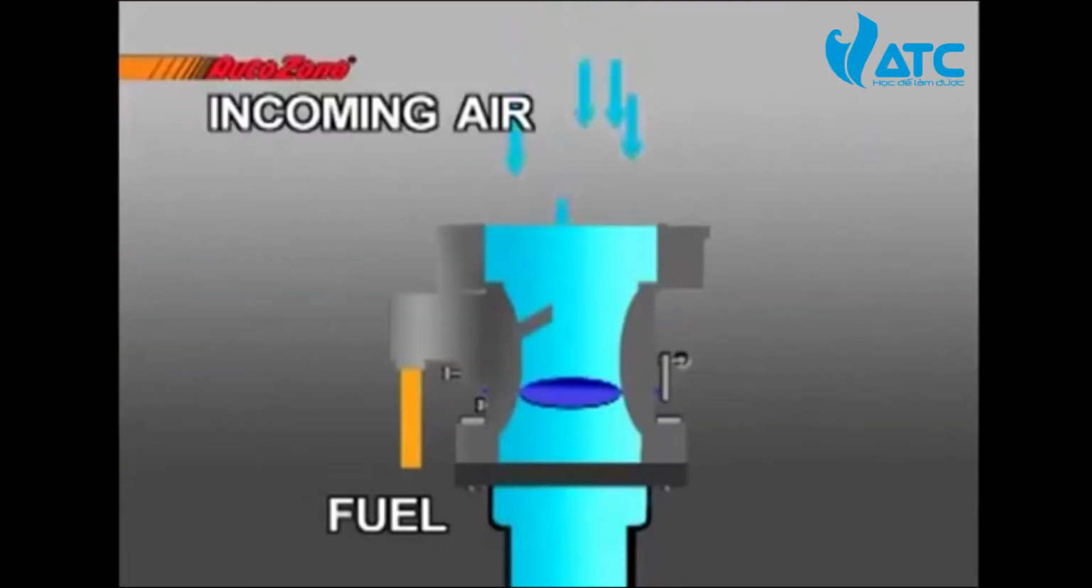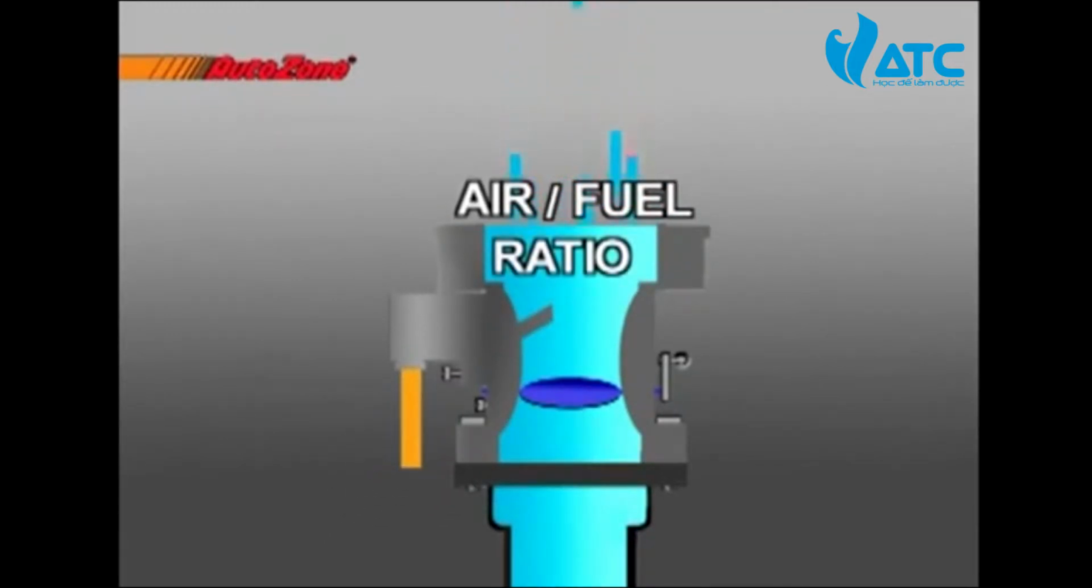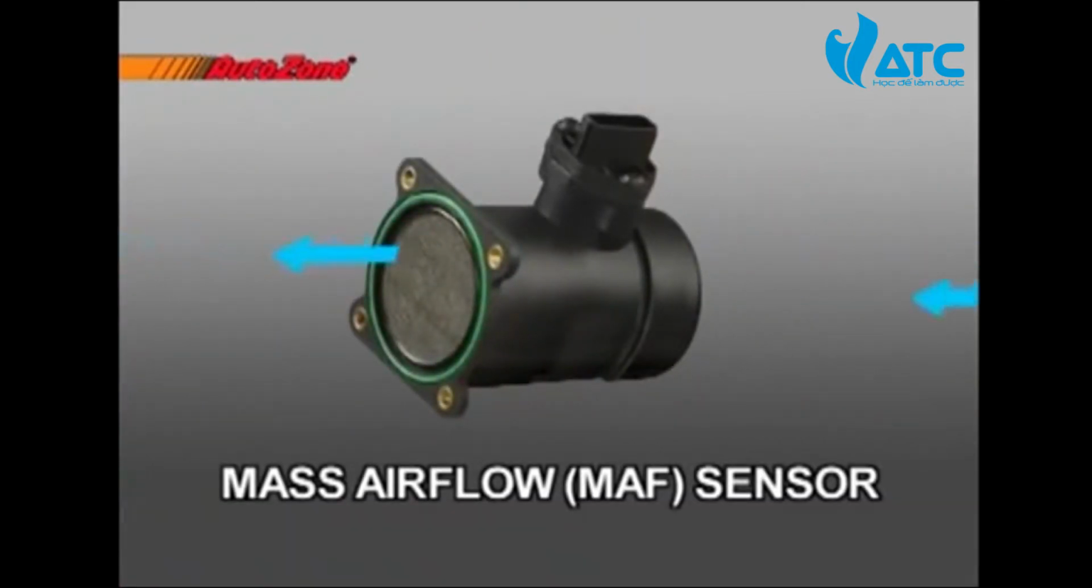In addition to the temperature of the air entering the engine, the computer also needs to know how much air is getting to the engine. To operate efficiently, an engine must have the correct air-fuel ratio. This is typically 14 parts air to 1 part fuel. The way the engine management system knows the amount of air entering the engine is through what is called the mass airflow sensor. The sensor reports the amount of air entering the engine, and the computer will adjust the amount